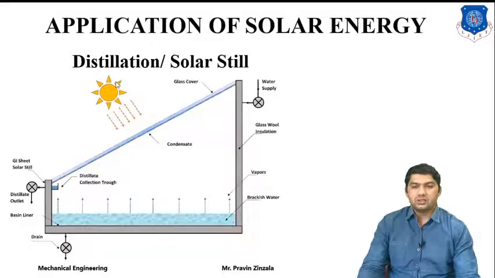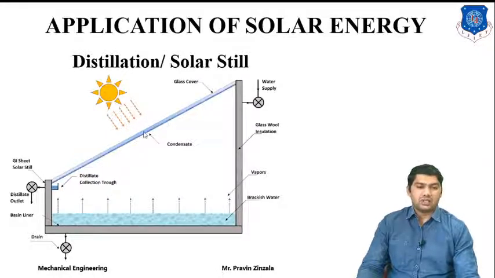So what happens? During the solar radiation, solar rays will pass through the glass to our water and the water will start to evaporate. Due to the closed space, vapor particles will be deposited on our glass surface due to the temperature difference. It means the outer temperature will be lower compared to the inner temperature, so it will become condensate.